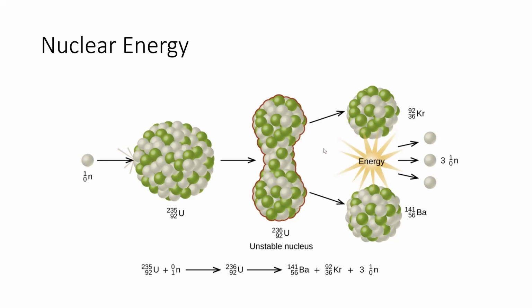So what's actually going to occur, as you can see here, is the atom itself is going to split into two. We're going to get two smaller atoms now. We're going to get an atom of krypton, an atom of barium, and we're also going to release 3 neutrons. These neutrons are going to be important because this is going to be a chain reaction. We can start it with one uranium, and then these neutrons can repeat that process.